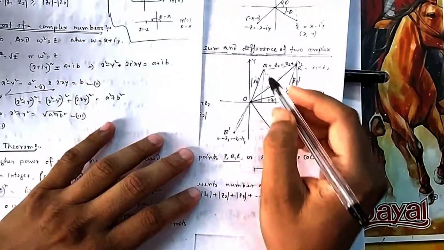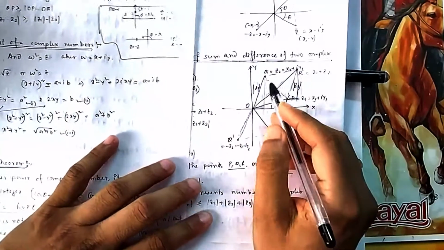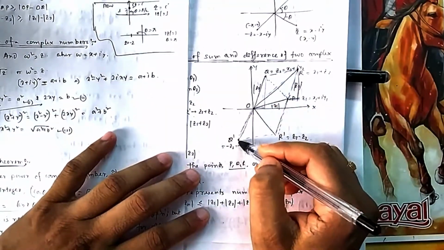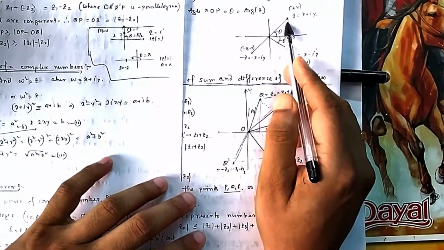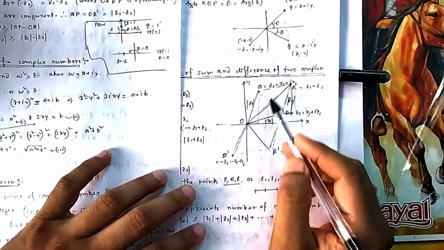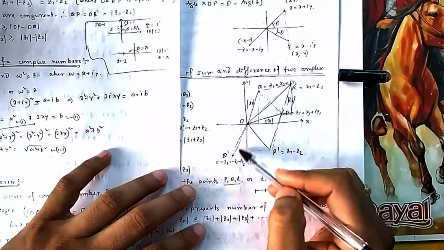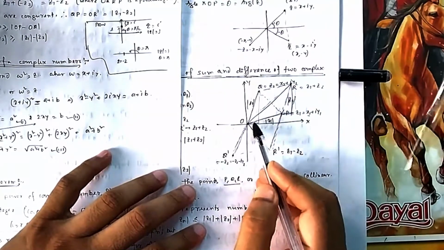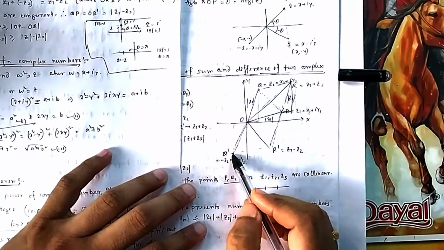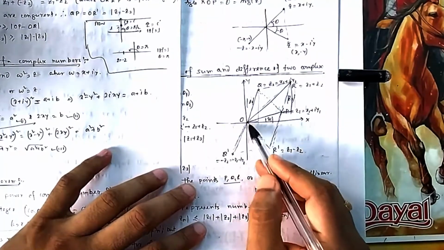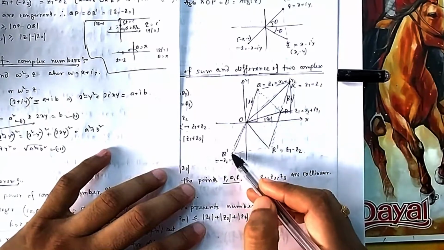Now what is the meaning of subtraction? Now if you see, suppose this is my Q, and if I want to do minus z2, I will take minus z2. Suppose QZ represents minus z2. That's what we can see. We have seen, if you multiply by minus, it comes from the first to the third quadrant, it will come from here to here, because your x will also get negative, y will also get negative. So your x will come here negative, y will come down here negative. So this is your Q dash. Now you add these two, that will be z1 minus z2, because this is z2.